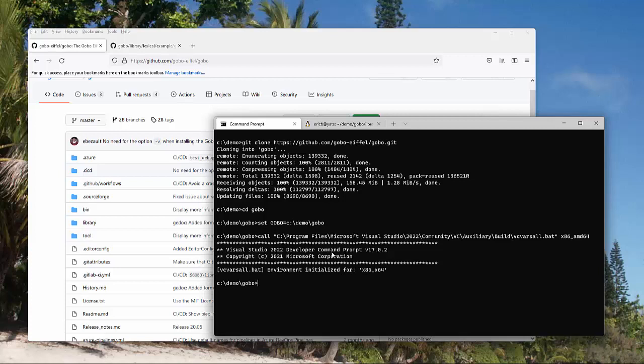So now that it's done, I can run the install script with the name of the C compiler I want to use. And this will compile all the tools which come with the Gobo Eiffel package. So again, it will take about 10 minutes. I will pause the video here.